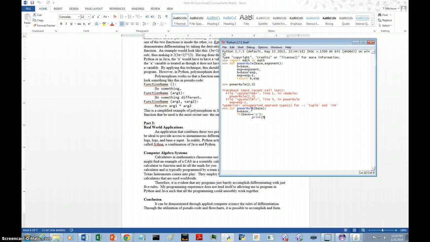I need to print f of, well, hold on. Okay, f prime of x. Okay, prime of x. Oh, and this is where it becomes tricky. In Python, there's a nice little thing where you can do double quotes and single quotes in different arrangements. But to keep it simple, I'm going to do f prime of x,